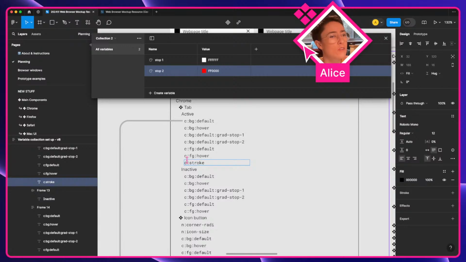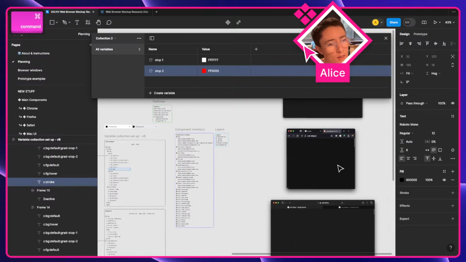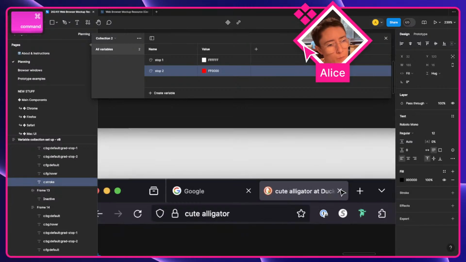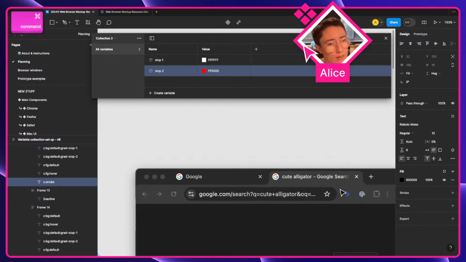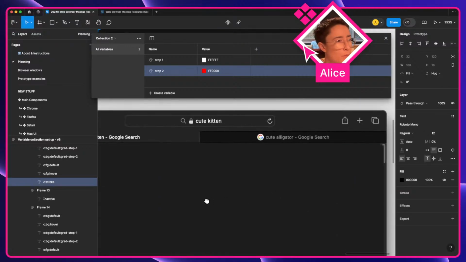So stroke for active tabs, and stroke for inactive tabs. And again, I think we won't use it at all in Chrome and Firefox. So this is kind of a variable that we need for Safari, but we don't need for anything else. And so I think I'm gonna,